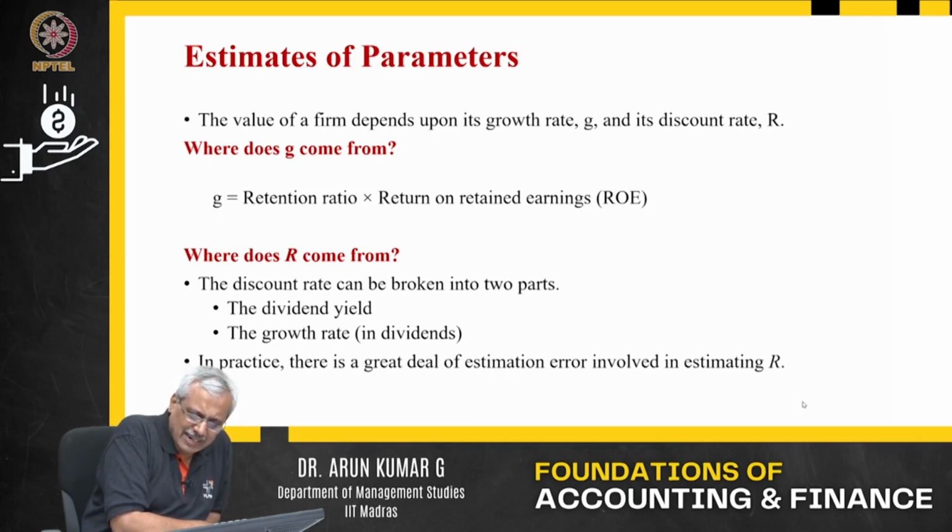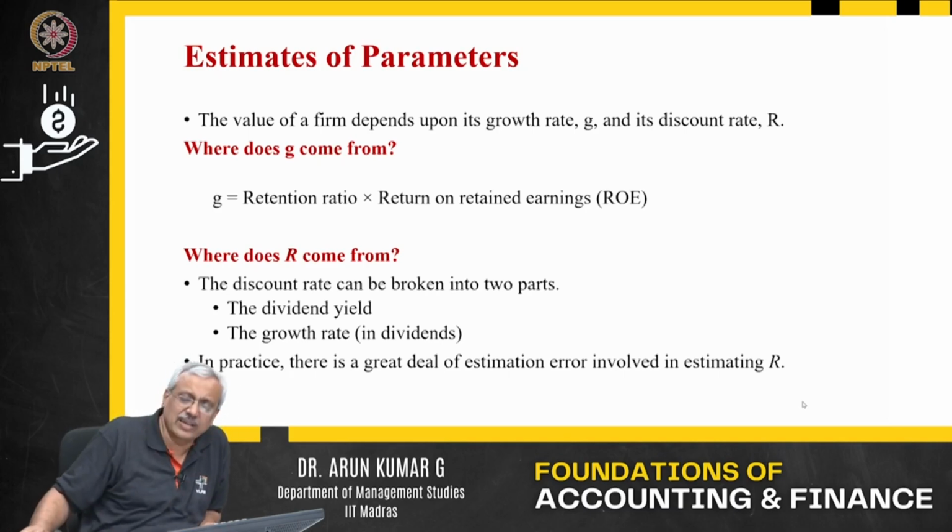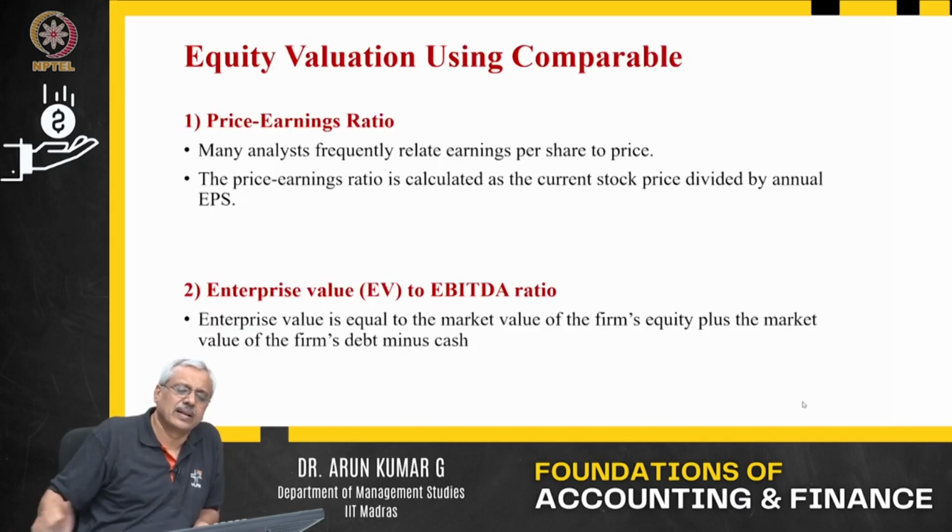I am not getting much into the estimation for the dividend part of it. Let us keep the discount part of it, the dividend discount part of it, aside for the time being. We will come to the discount part more when we talk about cost of capital, which is at a much later stage. That is where we will talk about the discounting rate and so forth. As of now, keep the growth rate intact out here, and with that, that is fine.